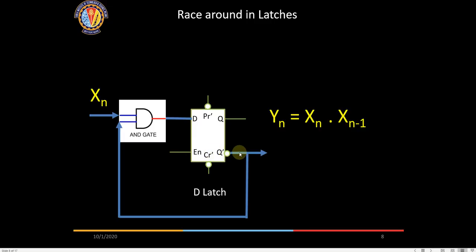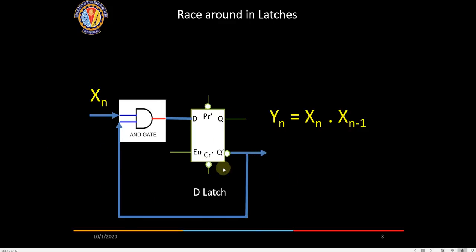Yeah. So there will be a race around condition. I just put some circuit here just to explain you. Don't get into the actual functions and all. I just want to bring out one small problem with the latches. That is, in this particular condition, if you see x going to high, it will make a loop, right? X is going from 0 to 1. This will create a 1 here. This will create a 0 here. This will go to 0 here.